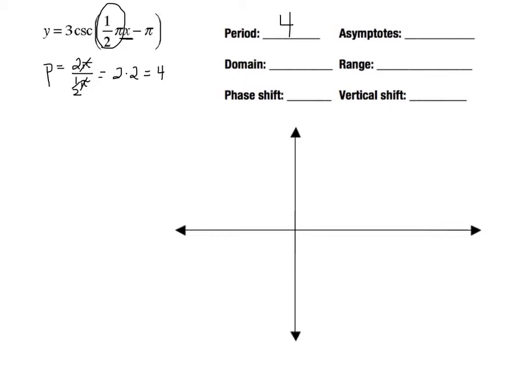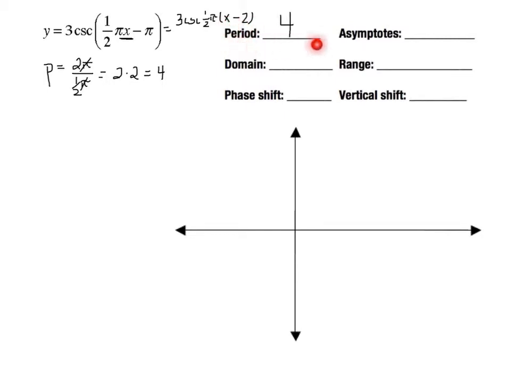I'm going to erase this right here so we can just look at the phase shift now. If I factor out that 1/2 pi, it actually is 3 cosecant, and then you get the 1/2 pi factored out, and it ends up being x. And then when you factor 1/2 pi out, it's actually divide pi by 1/2 pi. The pi's are going to cancel, and you multiply by the reciprocal, it's going to be -2. So what happens here with that being factored out is you end up with a phase shift of right 2,